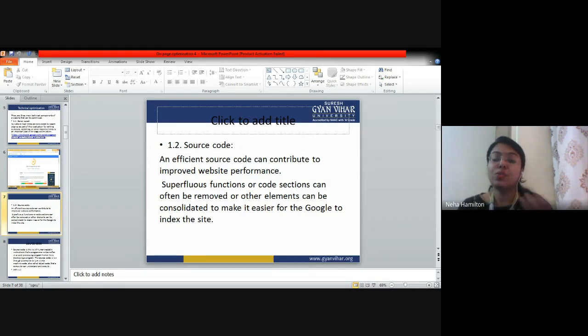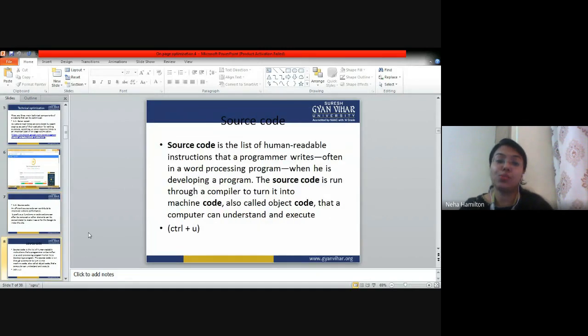So whatever source code you are feeding into the compiler, you have to make sure that it is to the point, crisp, brief, and readable by the machine. It should be error free. Okay, so these are the things that you should keep in mind for source code.